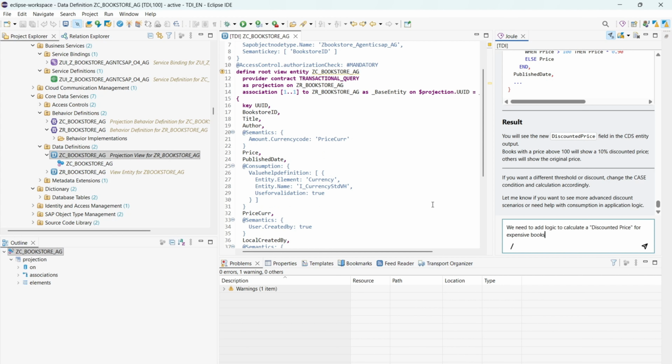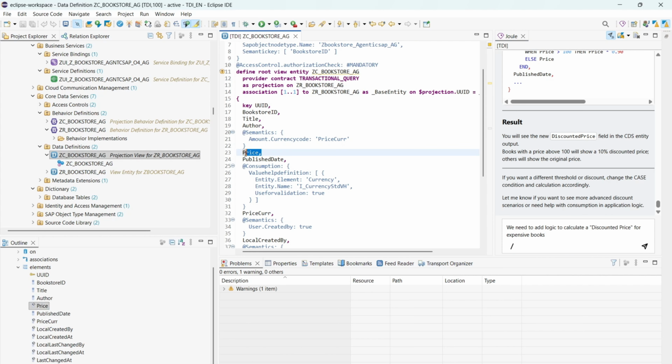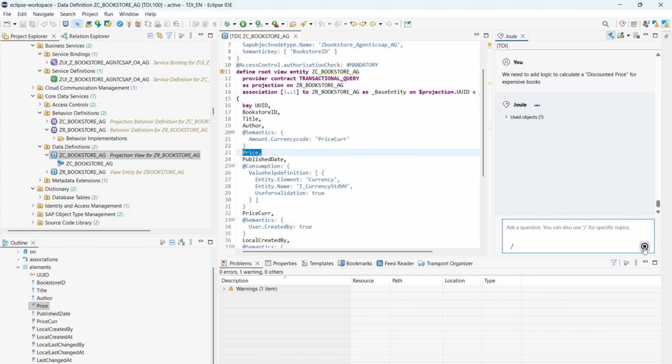So I just have this prompt. I want to enhance, for the expensive books, when cost is, just for an example, more than some amount, say for example 1,000, we need to offer a discount. So I'm asking Joule if it can add logic to calculate a discounted price. There is only a price field here, but there's no logic for that. So if you just enter this prompt,